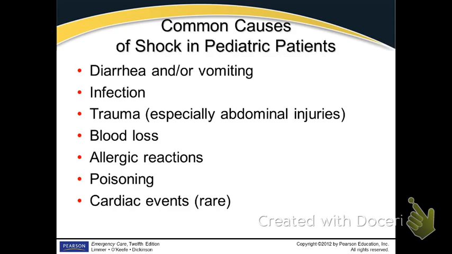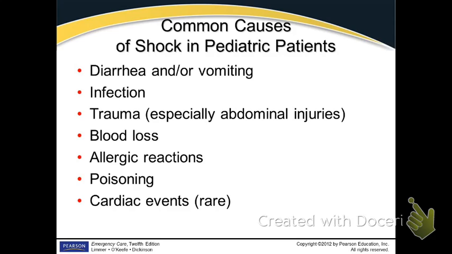Okay, so pediatric patients, we've talked about how they are more susceptible to stuff going wrong. They're not as good at adapting. One of those things we have to be concerned about is shock. They can become dehydrated a lot quicker through diarrhea or vomiting or stuff like that. That can cause shock really, really easily. Hypovolemic, their volume of blood in their body goes down because the liquid overall in their body has gone down